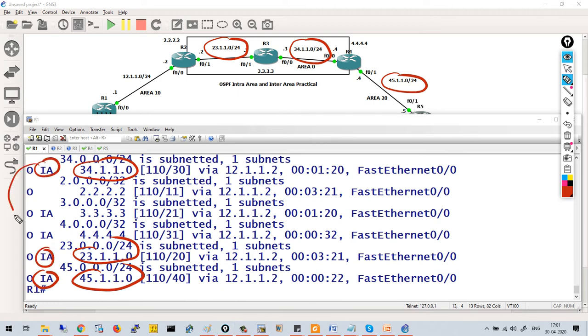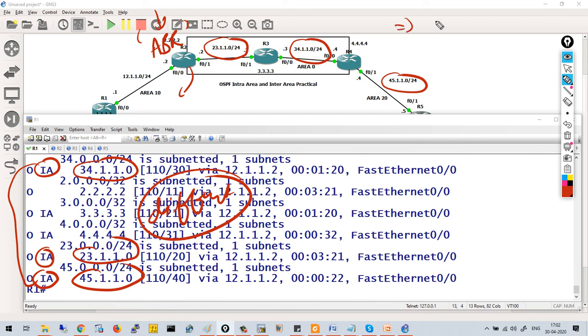Inter area means these networks belong to a different area. And different area networks are always provided by a router called ABR, Area Border Router. So to provide inter area information, the ABR generates summary LSAs.